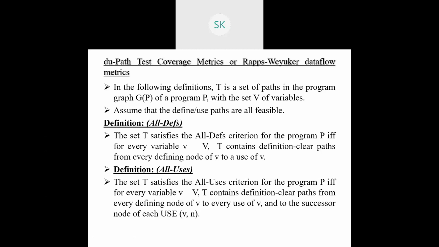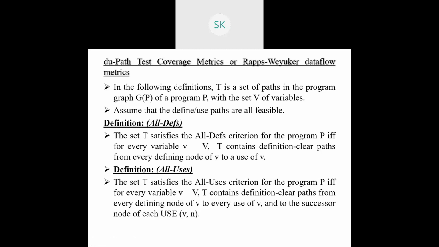16 to 21, whether it is possible or not. 16 to 24, whether it is possible or not. That's what we need to check. With respect to the variables that you are identifying, with respect to the usages I'm talking about, I'm not talking about 10 and 16 from the previous example. I'm talking about the next part, that is your usage node.